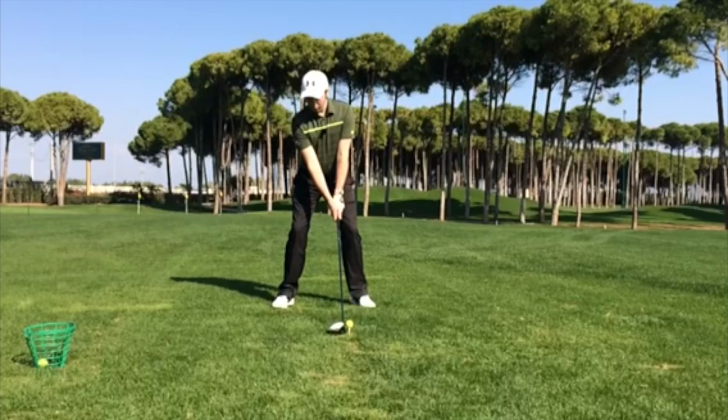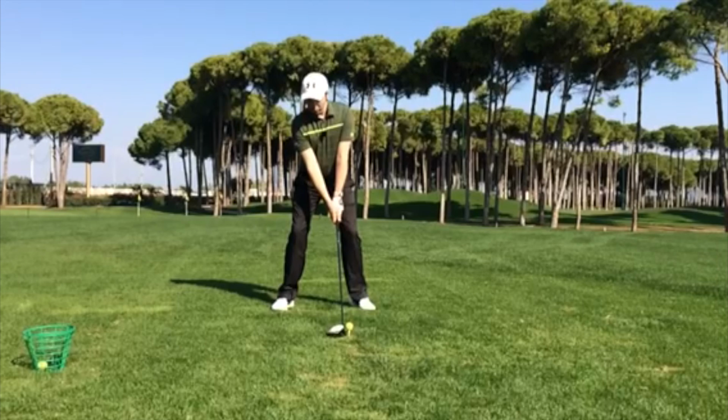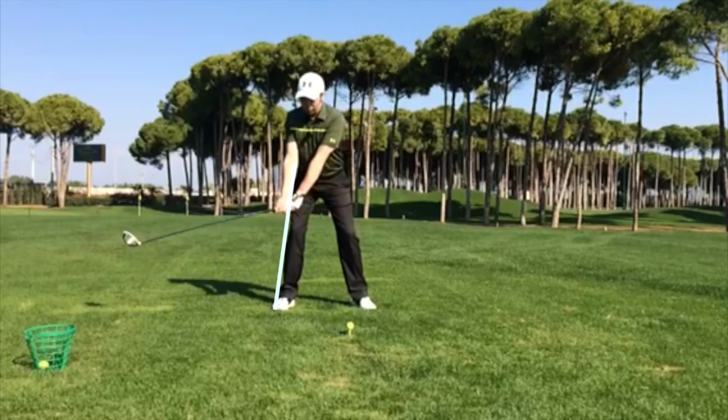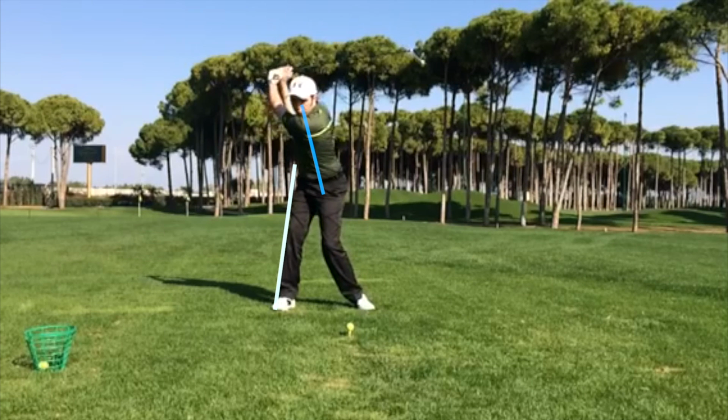So some of the great things that he does in his setup: very neutral setup, very good ball position and weight distribution. Now as we move Rick to the top of his golf swing, he makes a really good turn into his trail side. So his legs are very stable, his right side's very stable, and as you can see from his spine angle at the top, if we can freeze him there, he gets his upper body leaning away from the target. Yeah. Now this is really important, Piers, to launch that golf ball,